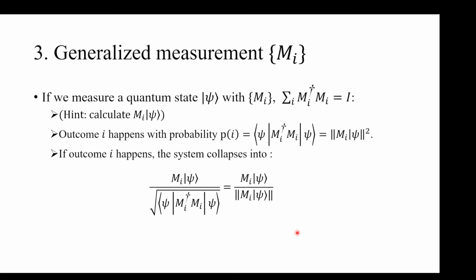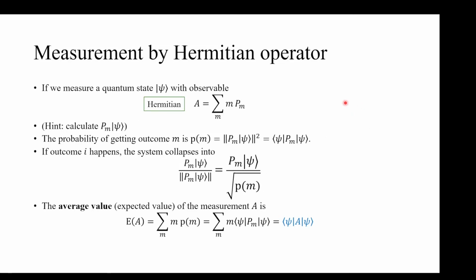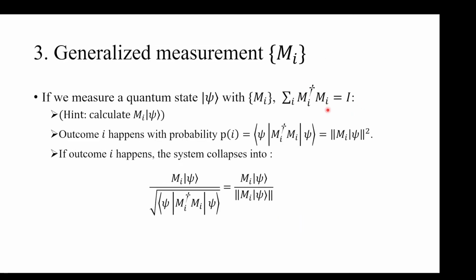Finally, we have generalized measurement. A generalized measurement is a set of matrices Mi satisfying this relationship: the summation over i of Mi dagger Mi equals the identity. Then, similar to the Hermitian operator case, outcome i is